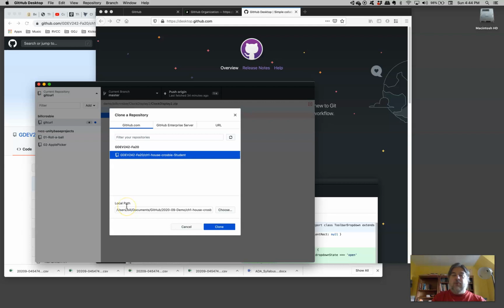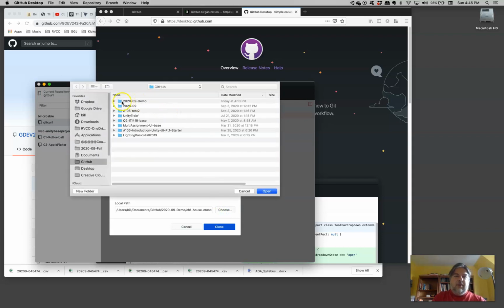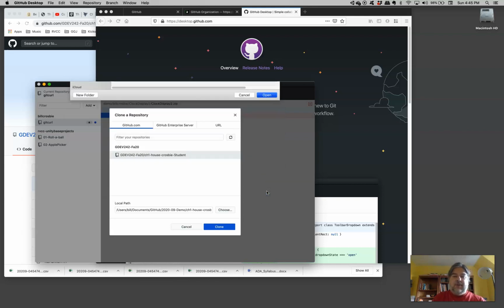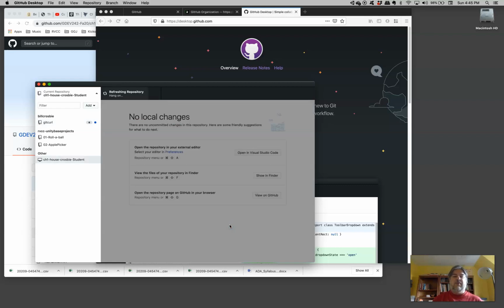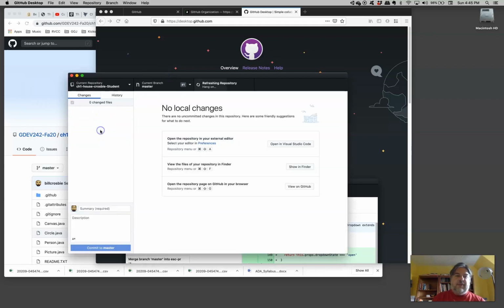Then I want to figure out where I want to put this file. So in my Documents folder, there's a folder named GitHub. And inside of GitHub, there's a folder named 2020-09 Demo. So September of 2020 Demo folder, that sounds pretty good. So I will put it there. I will clone this, and then it pulled all of those files down, and it's now sitting on my local hard drive. Now I can do something interesting with it. So choosing this as my repository, I can see that there have been no changes since I downloaded it. If I look at the history,